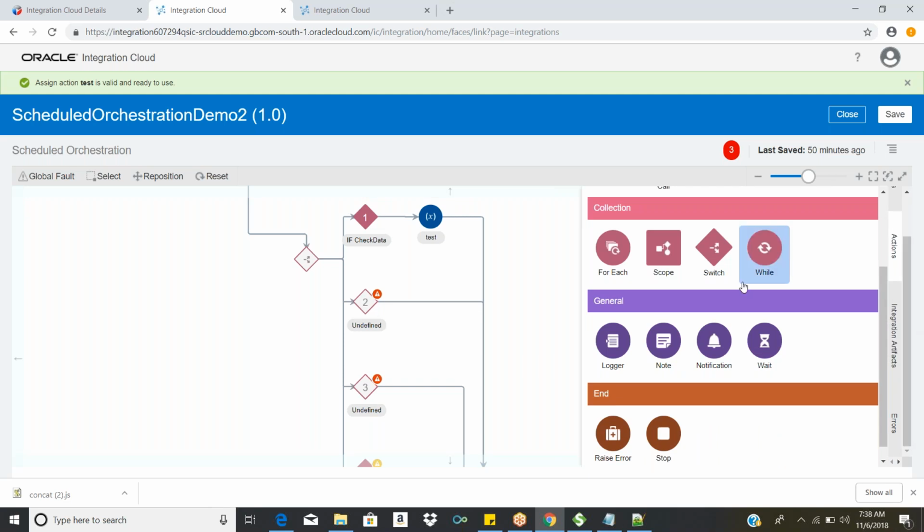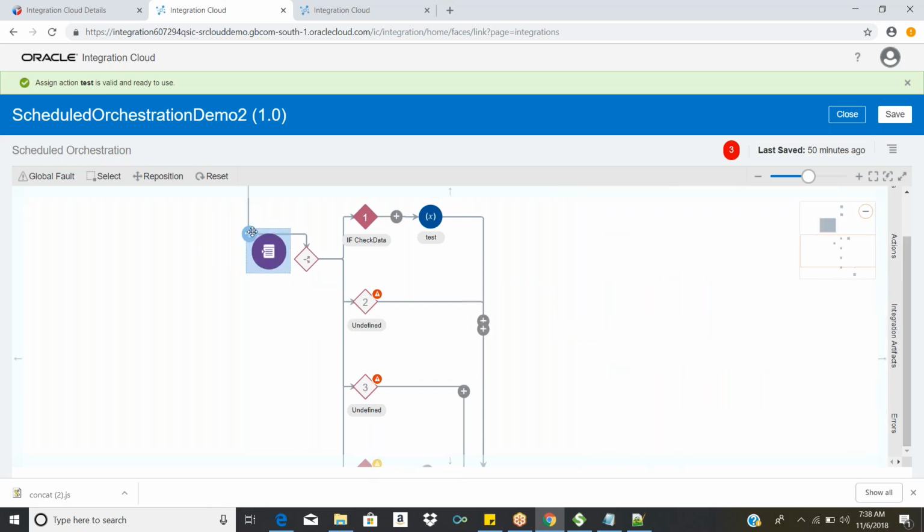And the logger activity. What is the log activity? The log activity is for when you want to log any message. For example, I call the database and the database returns one record. Now I want to log this information in the ICS logs. If you want to log any information in the ICS logs, you need to configure the logger activity. So when you drag the logger activity, what kind of things do you want to do with it?